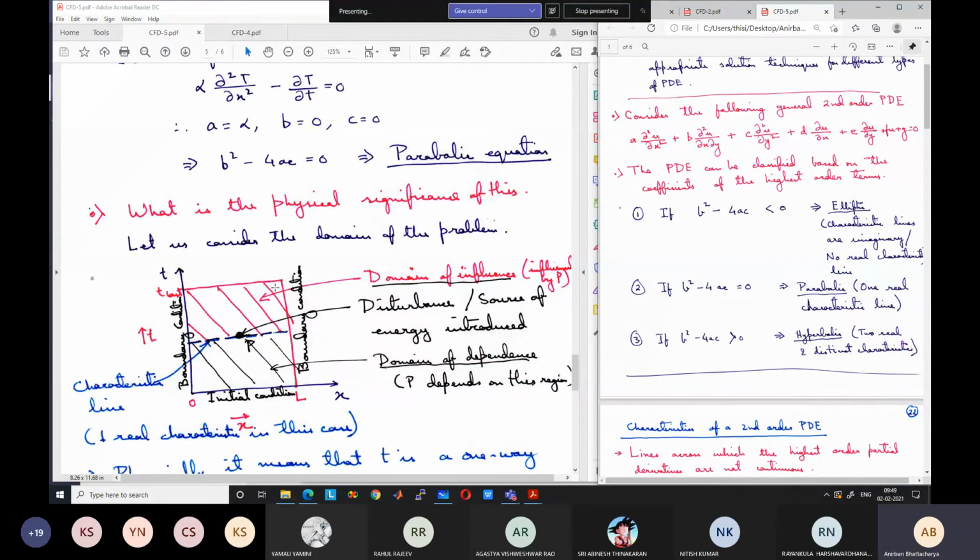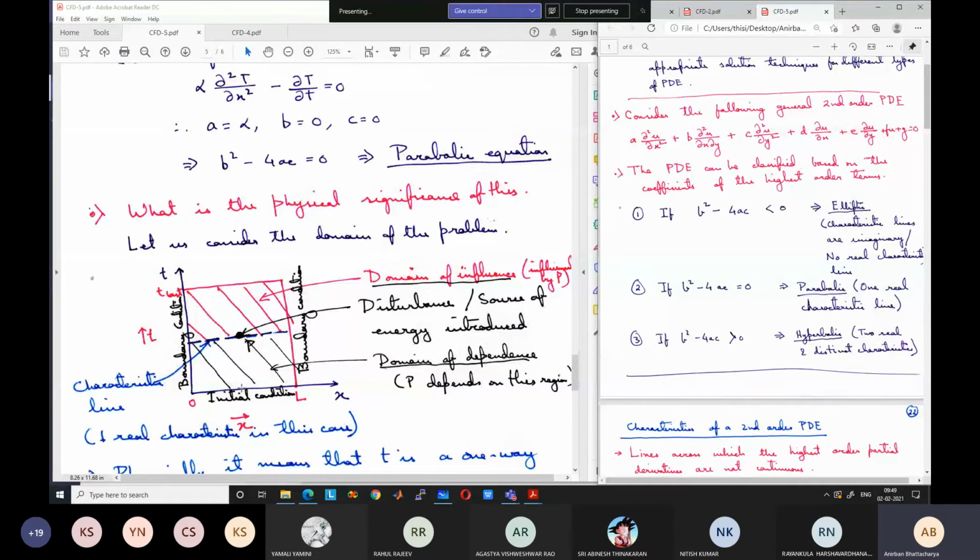So this is the solution domain. Any line along the x direction denotes the variation of temperature along the length of the rod, and any line along the y direction, what does it denote? Any straight line along the y direction. Say if there is a vertical line through P along the y direction, what does it denote? The time variation of temperature at the midpoint of the rod. Yes, the time variation of temperature at that point of the rod, wherever we are drawing the line.